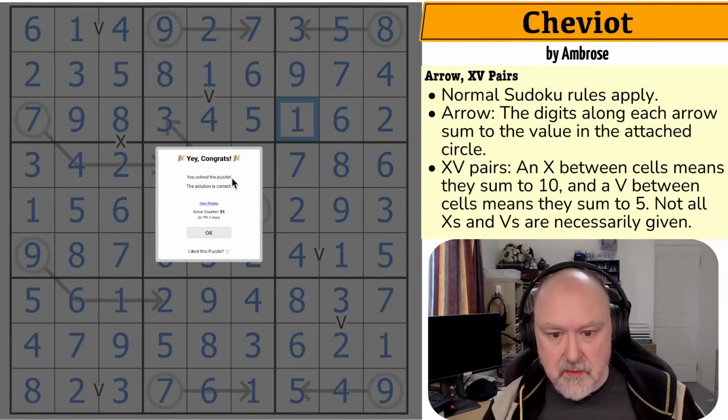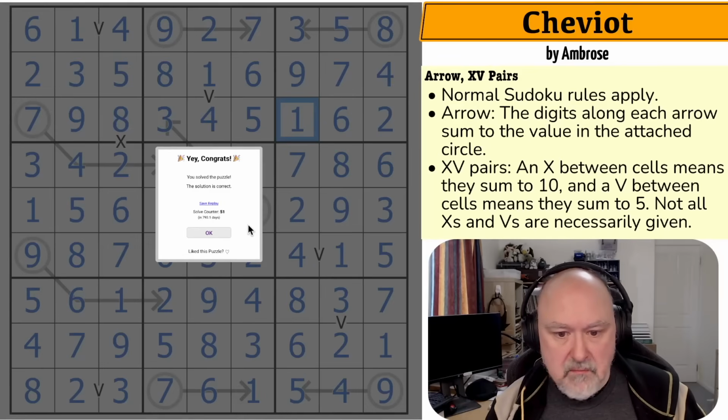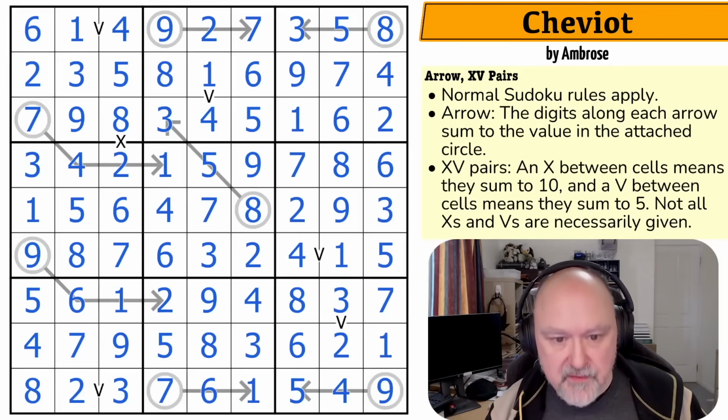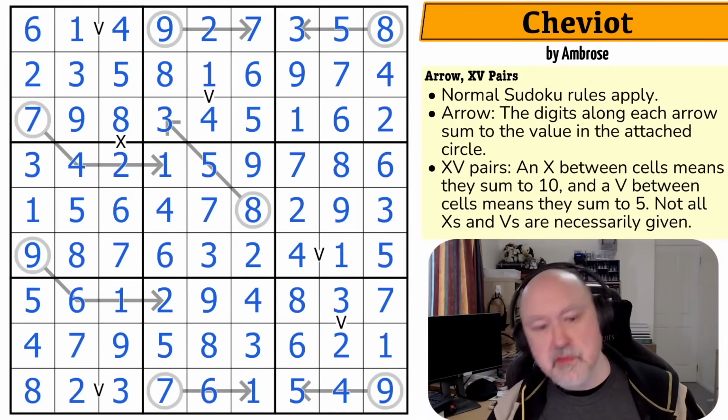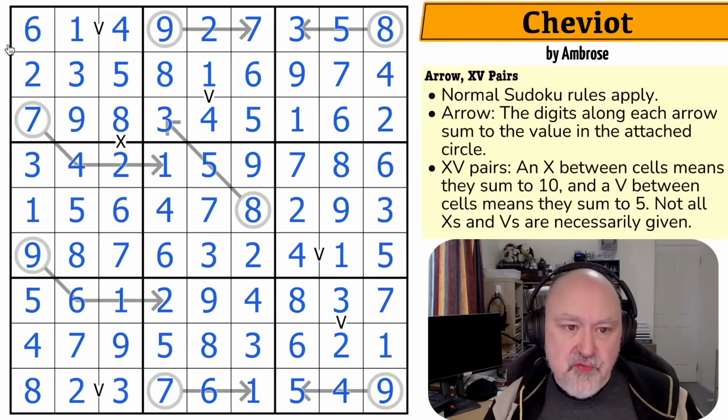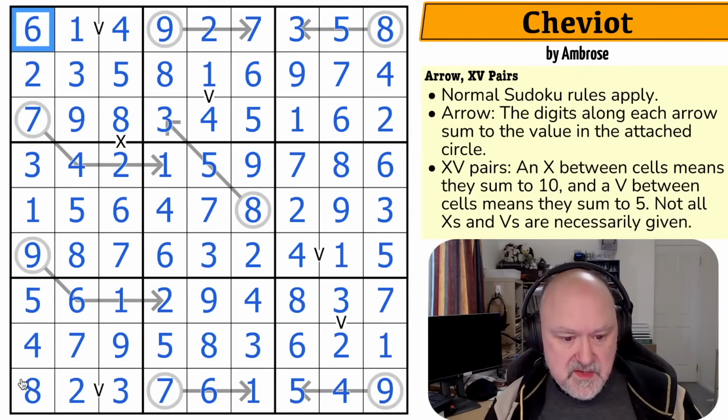And that is the correct solution to the puzzle. 51 solves in 2 years. Again, this is a puzzle that we need to get the solve count up, because Ambrose is a really good puzzle creator. The trick on those two cells